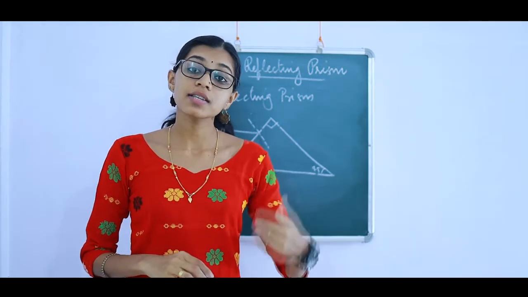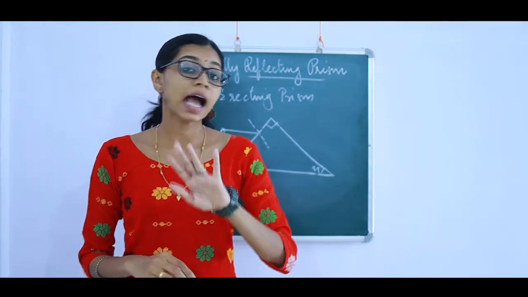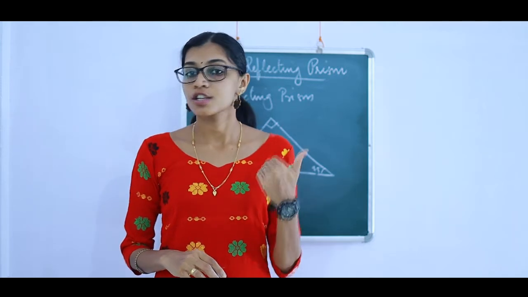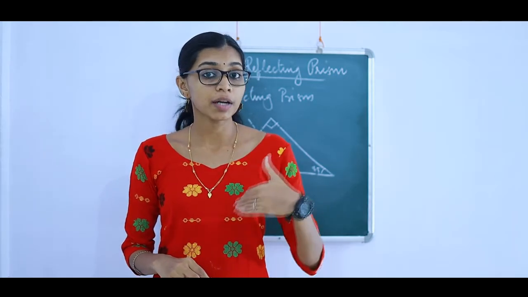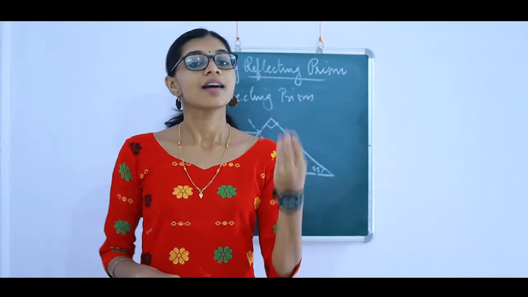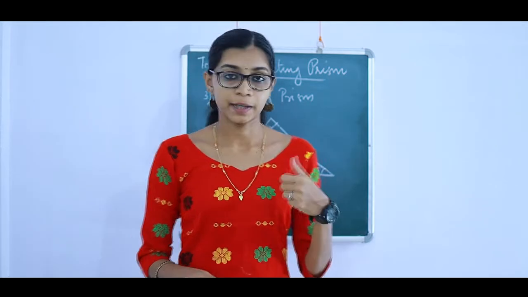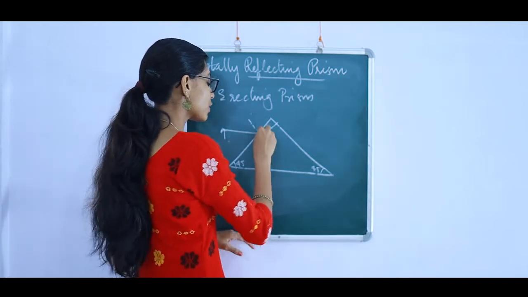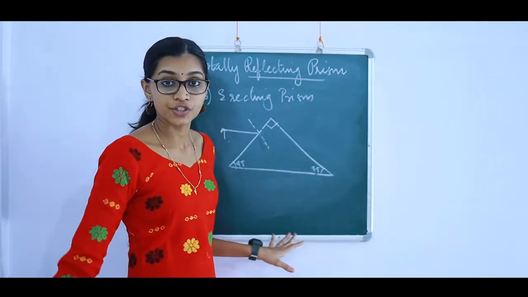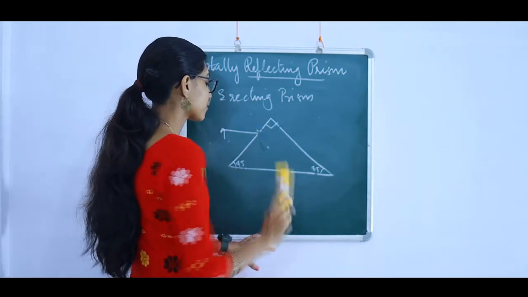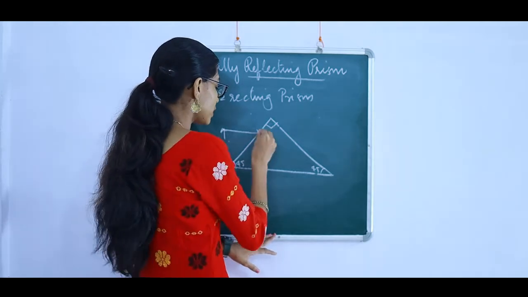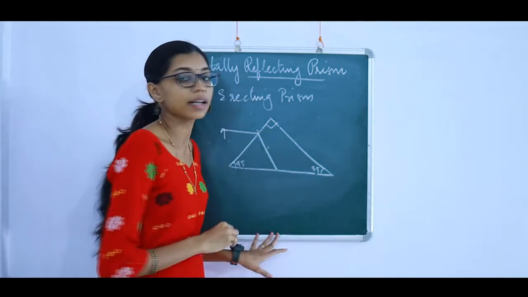Okay, this just undergoes refraction. The angle is no way 45 degree. It's from air to glass. That means it is from a rarer medium to a denser medium. Total internal reflection happens only when it passes from a denser medium to a rarer medium. So what happens to this? This will just undergo refraction. So we need not have this normal here.